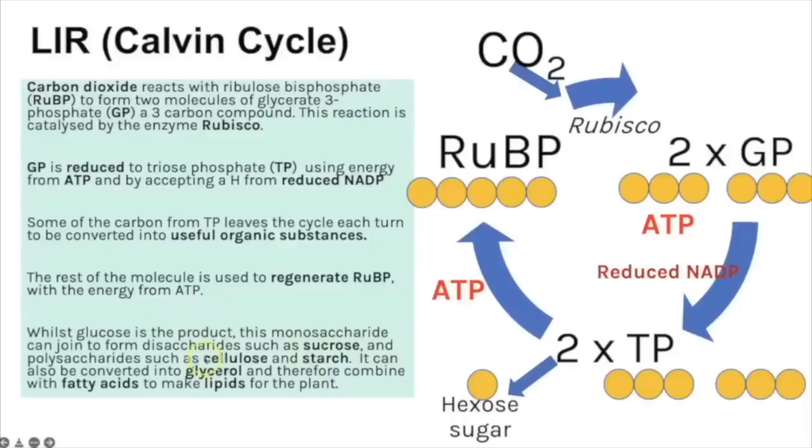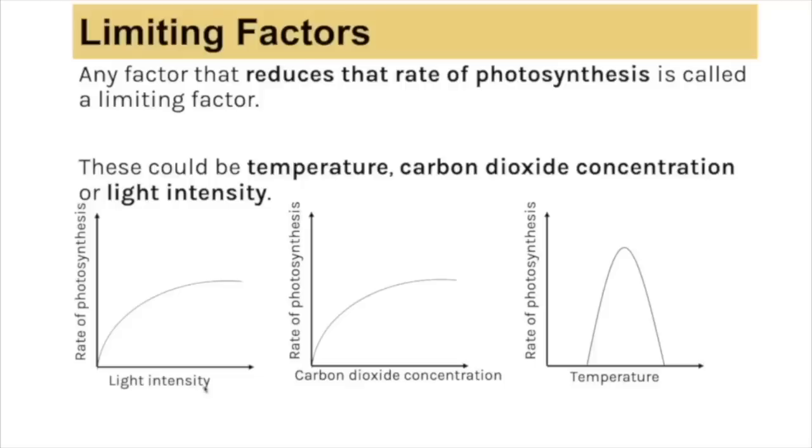So that could be another carbohydrate, so cellulose for the cell walls. It could be a store of glucose in the form of starch, or it could convert the hexose sugar into glycerol and then combine with fatty acids to make lipids, or it could combine it with nitrates to form the amino acids. Now you need to know a little bit about limiting factors as well,